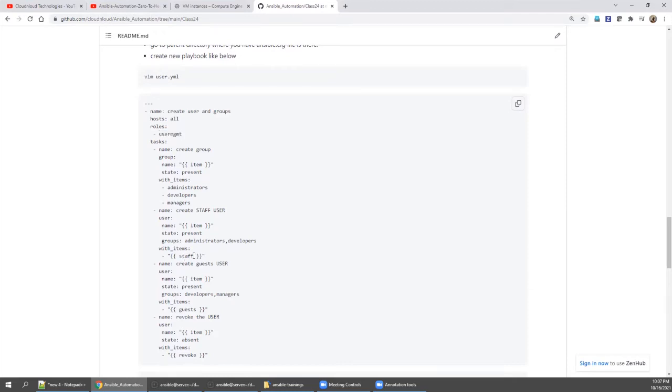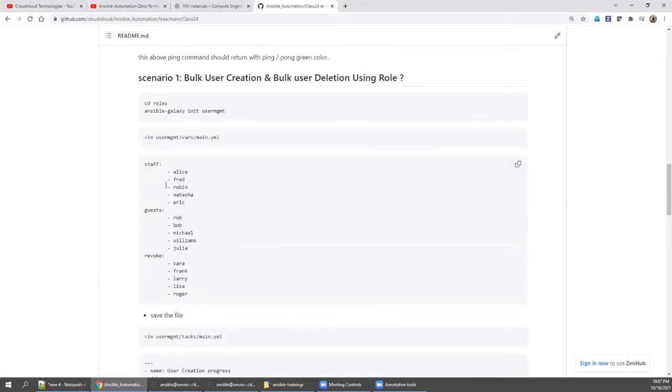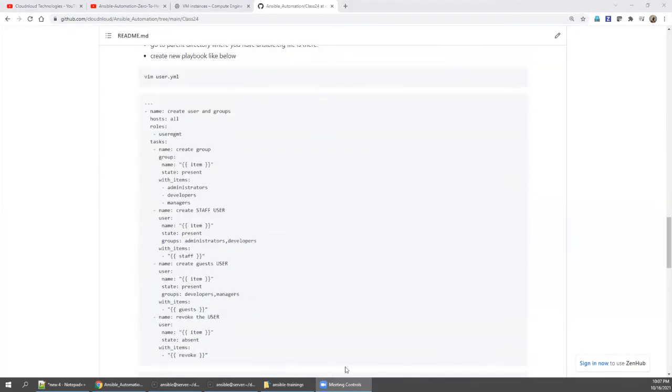This is the section name. Automatically it will go to vars and search this section name, and there is a first value. The first alias will be taken and fed to where? To the users. So automatically the first alias will be created.